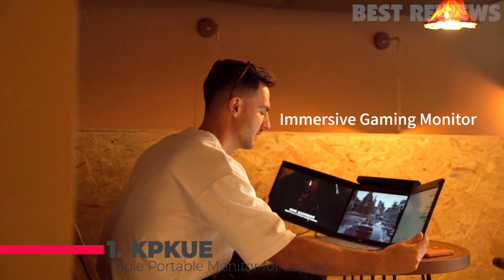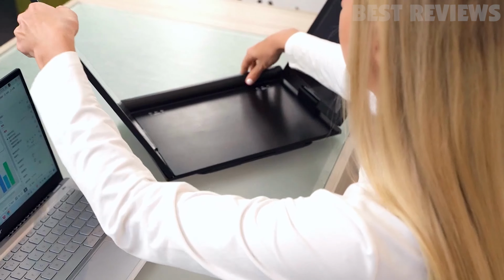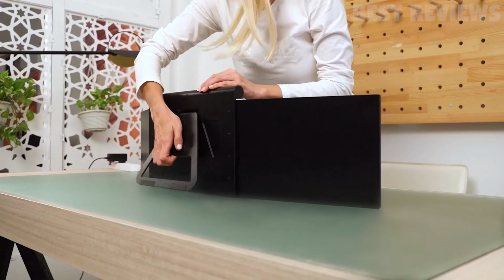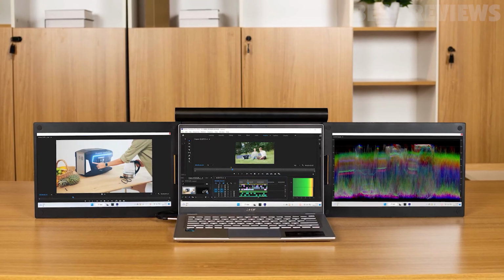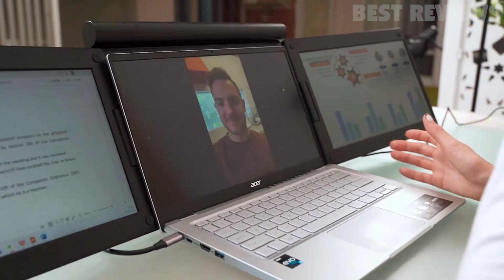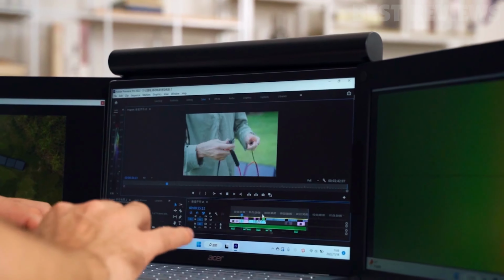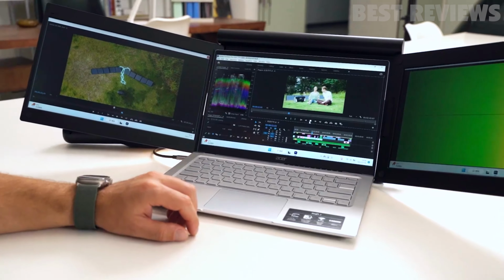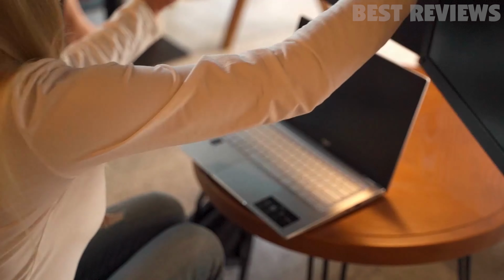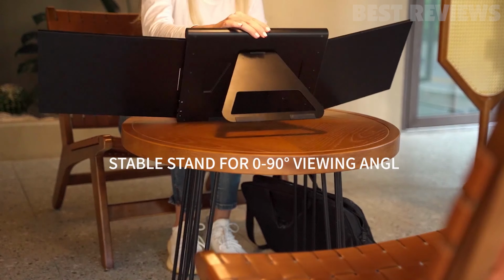The KPKUE X50 is a triple-screen portable monitor designed for laptops with a Type-C port. It allows for easy setup with just one cable for data, audio, video transmission, and power supply. The monitor supports Windows systems and can extend the display of laptops, ranging from 11.6 to 15 inches diagonally. It features a 13.3-inch Full HD 1080-pixel IPS screen with HDR mode and anti-dizziness and low blue light functions. The monitor also has an independent frame design and a 30 to 60 degrees adjustable kickstand, making it ideal for travel,